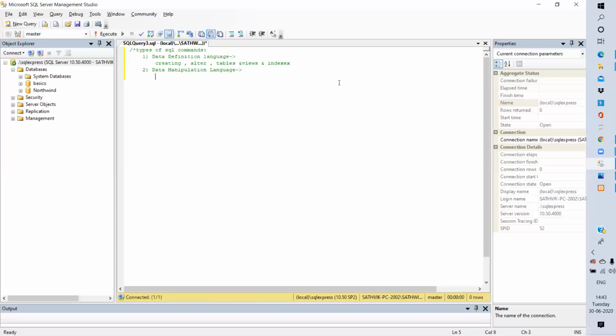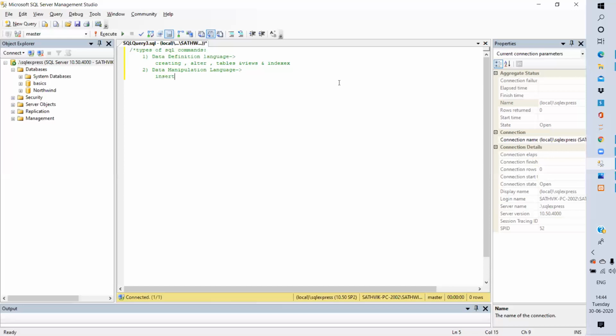For example, in our daily life, or in the general English language, you all know very well, we use several types of words like insert, delete, and many more. So the basic manipulation commands are insert.